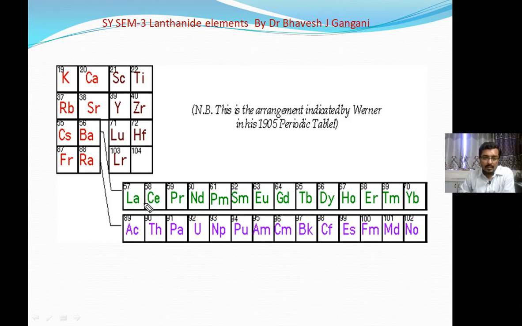So these 14 elements: lanthanum, cerium, praseodymium, neodymium, promethium, samarium, europium, gadolinium, terbium, dysprosium, holmium, erbium, thulium and ytterbium. All these 14 elements are placed between atomic number 56 to 72. Lutetium is the last element. From here it has a completely filled f orbital. So these 14 elements are placed between 56 and 72. Similarly, actinide elements are placed in between radium 88 to lawrencium 103.